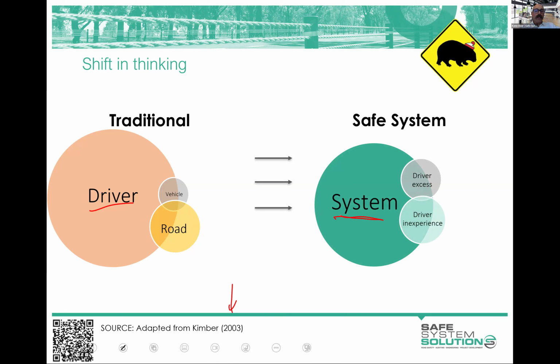Now, Austroads, I should have referenced Austroads out of this one. They had these little driver inexperience categories sitting outside the system. To me, I would pull those straight in. Their justification was that driver excess, somebody driving 200 kilometers an hour the wrong way down a motorway, is not inside the system. And I say, well, it is inside the system,